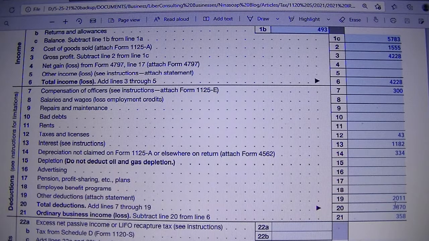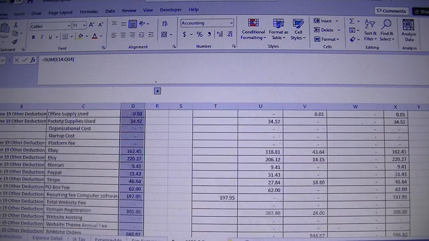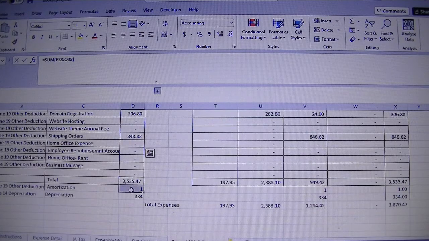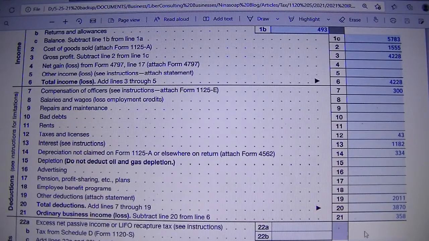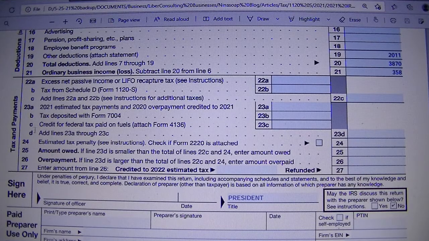And then the total deduction, you will total everything, and if we go back, it's just going to be the total of the table, and that will give us 3870.47, which was rounded to 3870. So business ordinary income or loss will be the 4,228 minus 3,870, and that will give us a profit of 358. So you will read the tax payment section if that's applicable to you, otherwise you just leave it alone